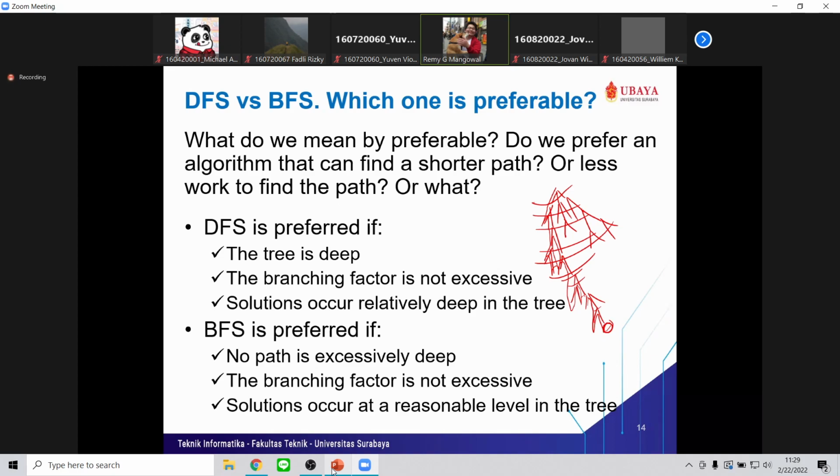That's why DFS is preferred if the tree is deep, the branching factor is not excessive, like 2 or 3 branches, and the solutions occur relatively deep in the tree, like here, where it's very deep. But BFS is better if no path is excessively deep. Let me redraw that.